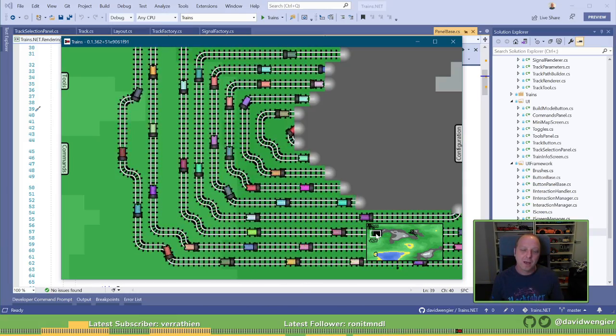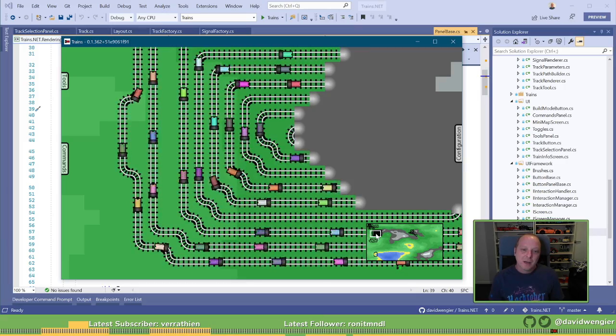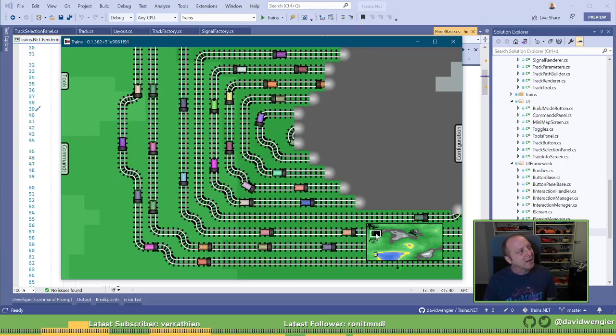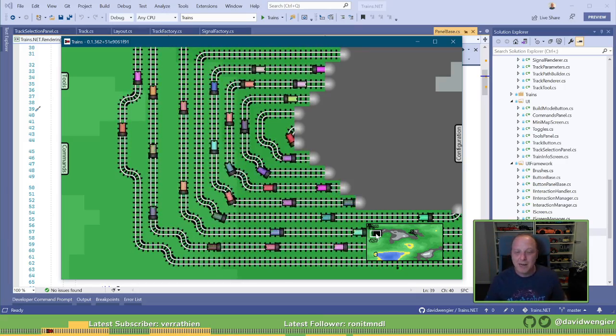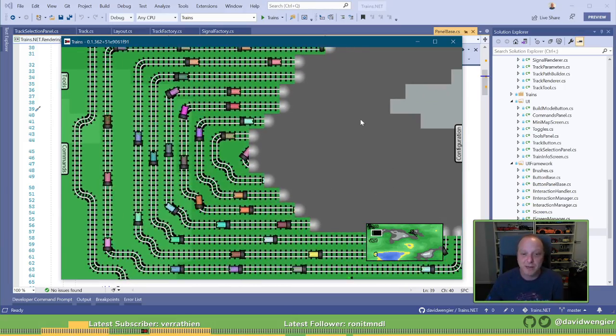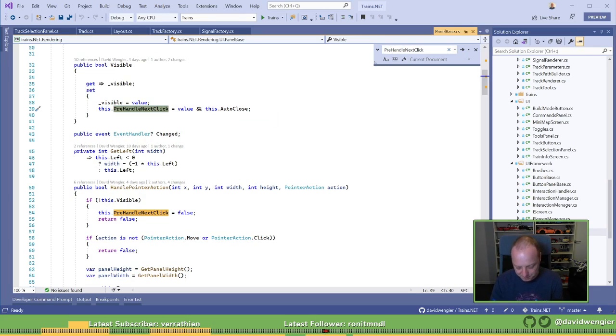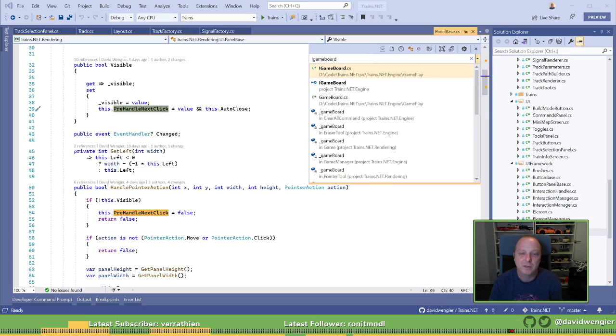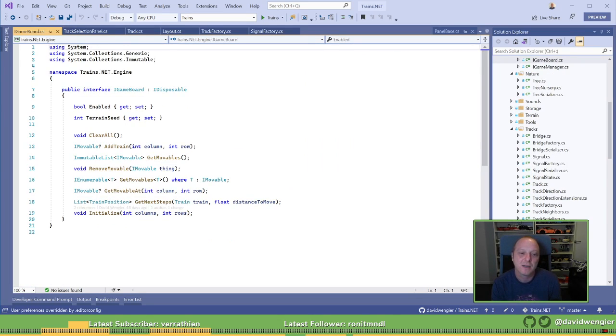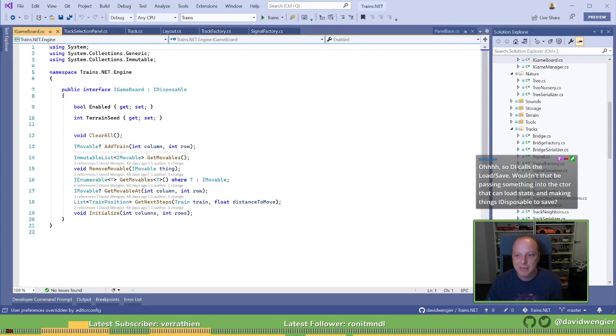And then what was it? I can't even remember. I started doing this on the weekend and ran into this problem of circular references. Oh no, that's right, I think it's the game board. The terrain needs to know how big it is, and the game board has the size, but